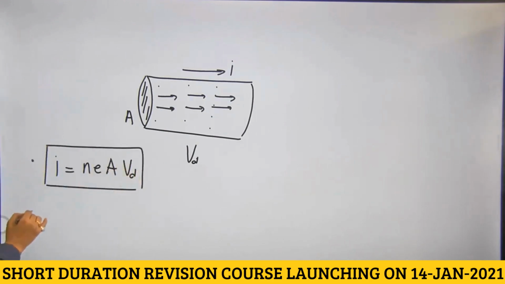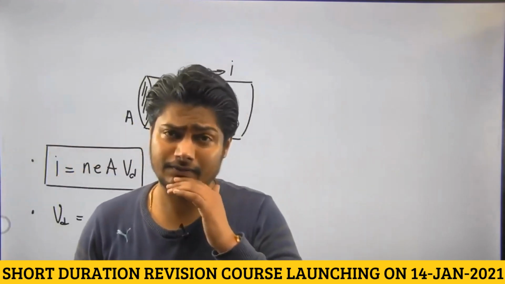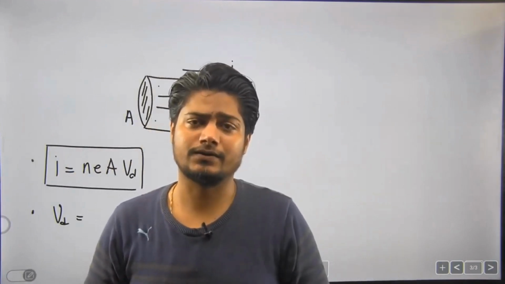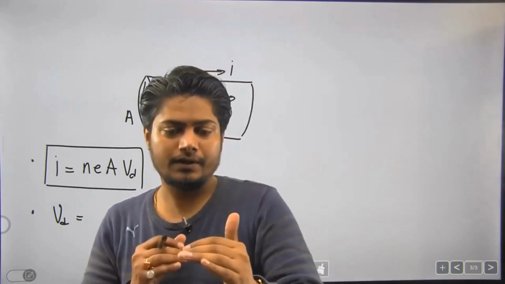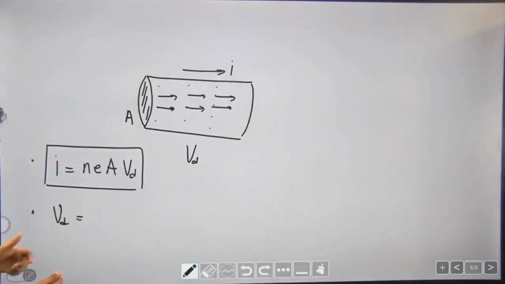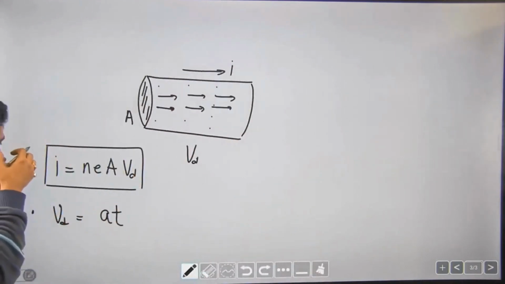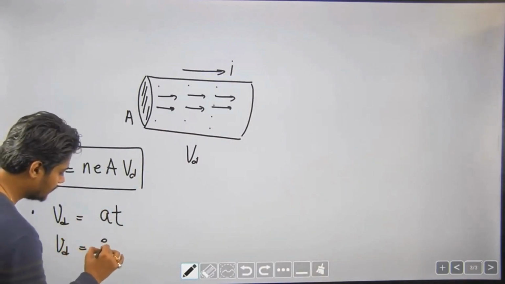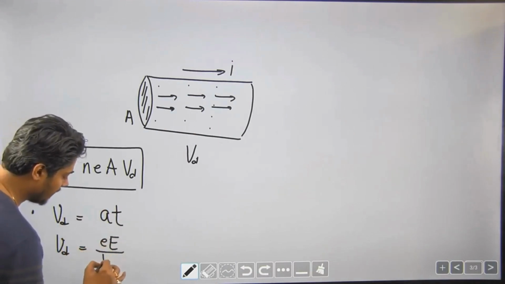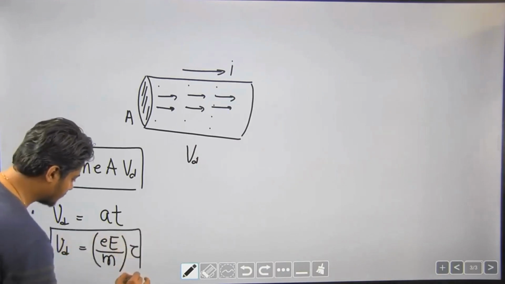Further, we can extend the drift velocity, as this drift velocity is due to the acceleration of the charges in the direction of the electric field, or in the opposite direction in the case of electrons. This velocity is acquired by the electrons in moving through the relaxation time. So, basically v equals a t, where a is the acceleration and t is the average relaxation time. So, Vd becomes the acceleration, which is force, that is eE, electrostatic force, by m, into tau, which is called the relaxation time.